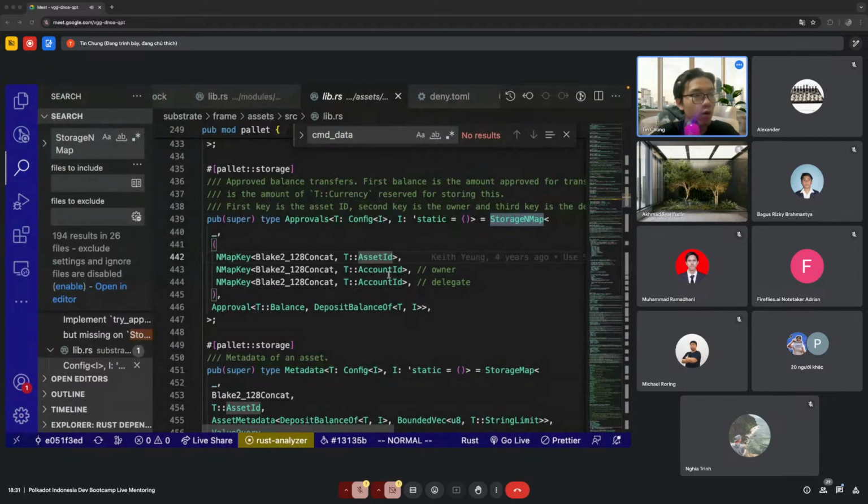In the approval, we have the association between the asset, who owns the asset, and who is delegated by the owner of the asset, and those entities combined together become one single key of the storage map. It cannot be easily done with the storage map, because you would have to do one storage map that stores another storage map, that stores another storage map, because you have three different entities here. That is when you need to use the storage nmap.